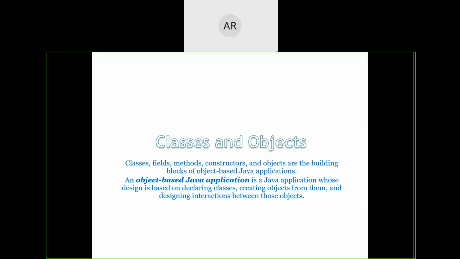Object is anything that exists in the world and can be distinguished from others. Now to distinguish it from others, we'll make use of its characteristics. Each and every object performs some task, right? So those characteristics and the tasks that it performs will be defined in the classes. And for the definition that we have defined in the classes, when we assign values to those attributes and methods, it becomes an object.